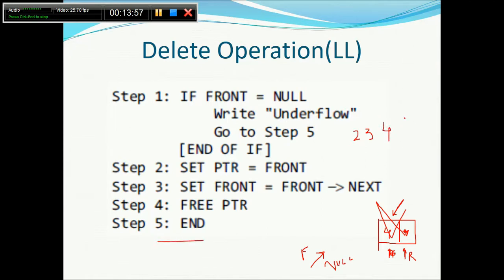So in which order am I getting the elements? 2, 3, 4. In this order we have inserted. So has the first in first out order been achieved or not? Yes, it has been achieved very clearly. So in both cases, insertion or deletion, the complexity will remain order of 1 only. Simple. Okay, so that is the insertion and deletion cases, or you can say the linked list representation of the queue.